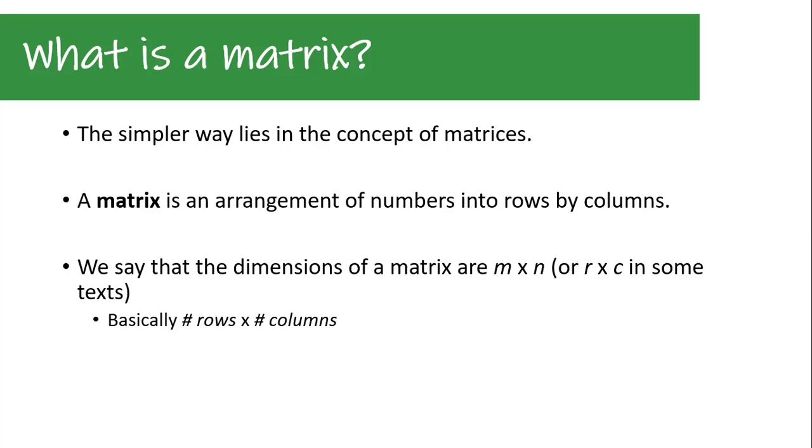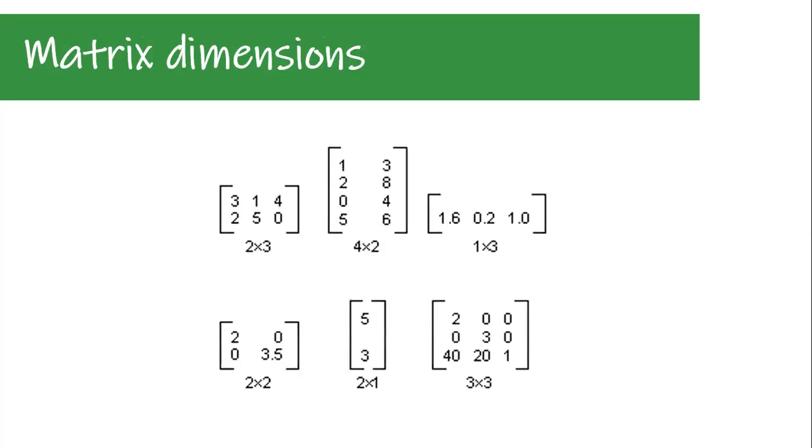Basically, when we say that we have an m by n matrix, we're just saying, hey, our matrix has this many rows and this many columns. We can see some examples on the next slide. So here are some examples of matrices and their dimensions. In this first one, we have a 2 by 3 matrix. We have 2 rows and 3 columns, 1, 2, 3. In this next one, we have 1, 2, 3, 4 rows and only 2 columns, 1, 2, and so on. Here's a 1 by 3 matrix because we have 1 row and 3 columns, 2 by 2, 2 by 1,